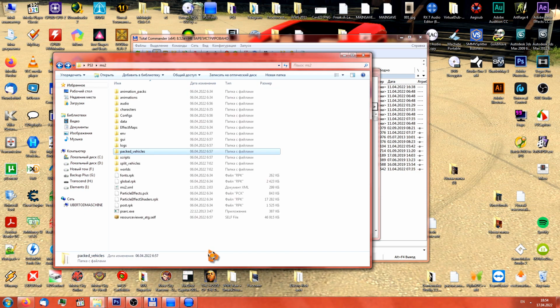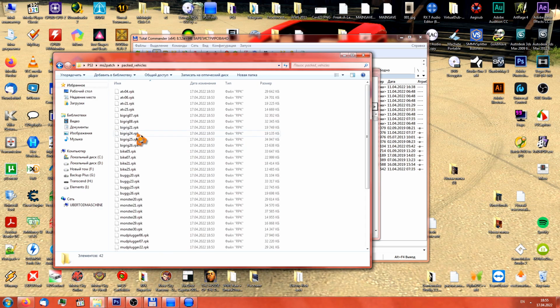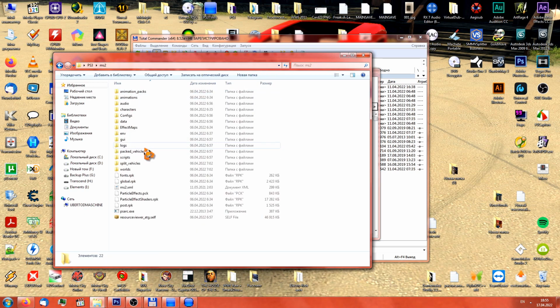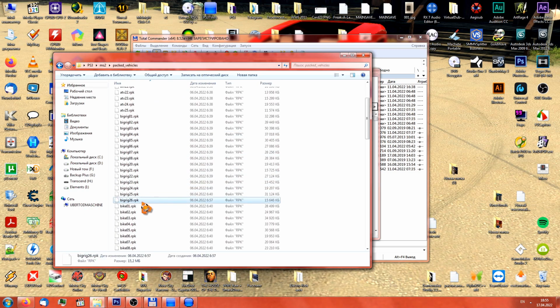So if you did everything correctly with, say, Big Rig 26 RPK, yet the livery just doesn't load for some reason, you should check if there's a Big Rig 26 RPK in the original MS2 folder, because it is here as you can see, and you probably have to modify it as well, because most likely it is written into the save game that the game should pick up